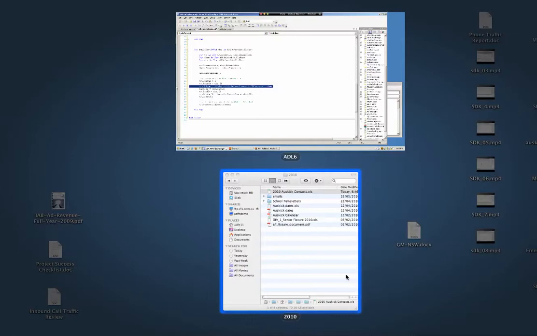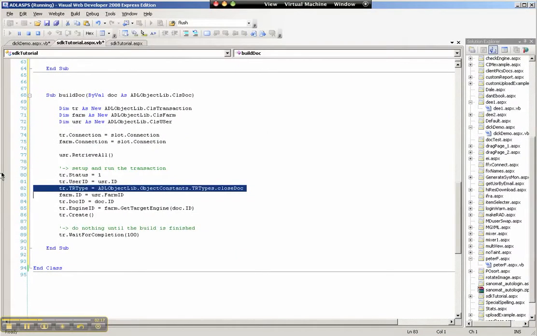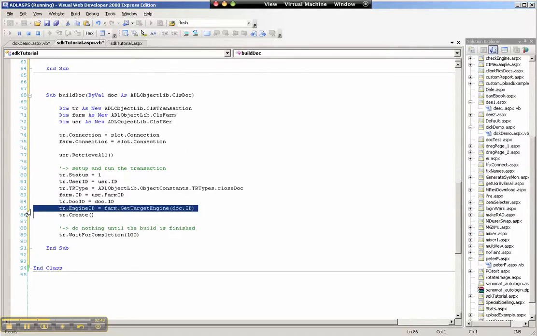Now, a closed doc transaction, as is mentioned here, will provide me all of the things that happen when a document is closed in the normal admin console. So it'll give me high-res EPS or PDF or whatever it is I want. It then pulls the farm requested from the user ID and asks which doc we're going to build. So that's pretty obvious. It'll pull the correct engine, the least busy engine, from the engine farm nominated here, and